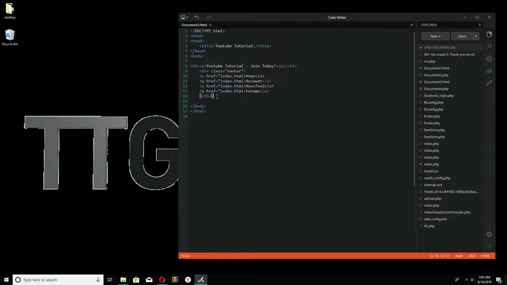So basically what I just did is, now what we need to do is we need to make this account.html, newsfeed.html, and then forms.html. So if we save this,